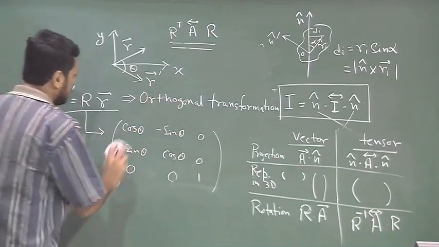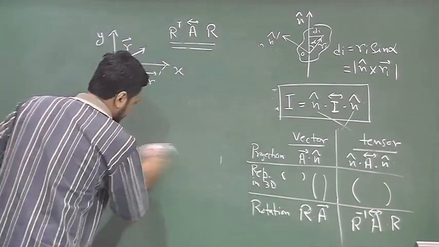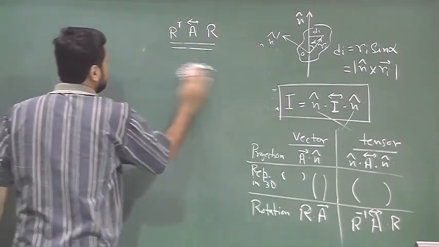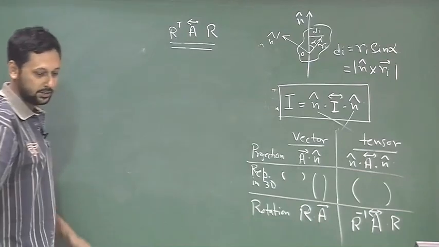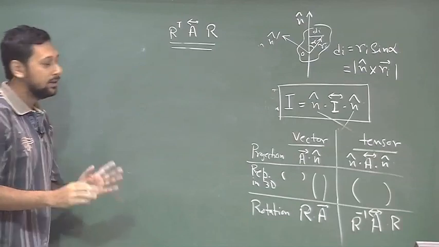What we need to understand is that there are certain things which can be proved for an orthogonal transformation. The very important aspect which we will be considering is